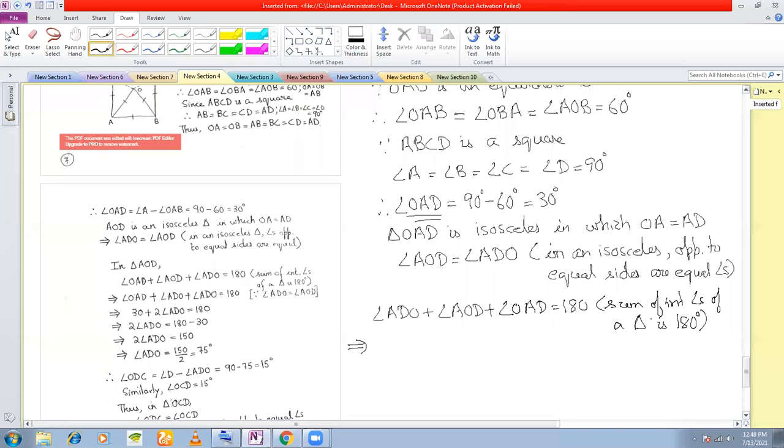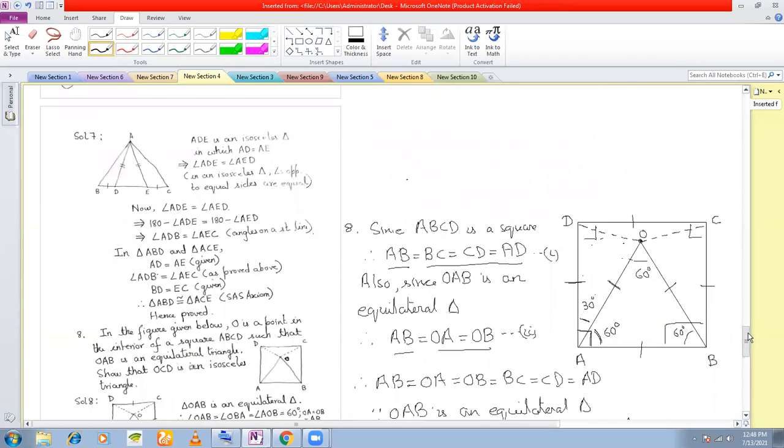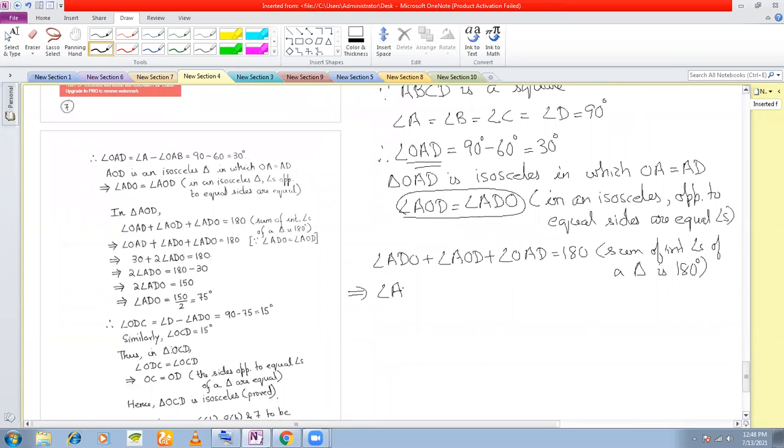Okay. Now angle AOD and ADO are equal, right? So you can write angle ADO here in the figure, and instead of AOD, you can write ADO. Why? Because these two are equal. Plus angle OAD, which we have found out here. How much have we found out? 30 degrees